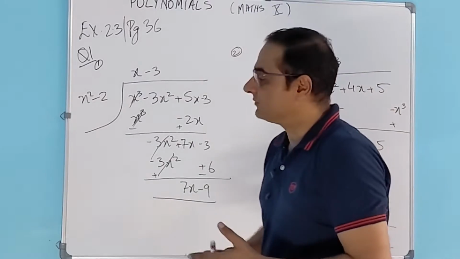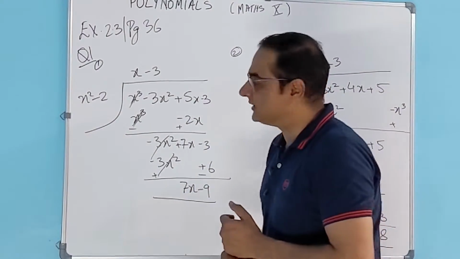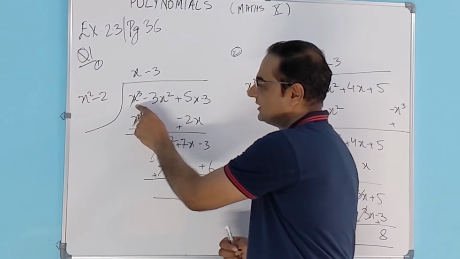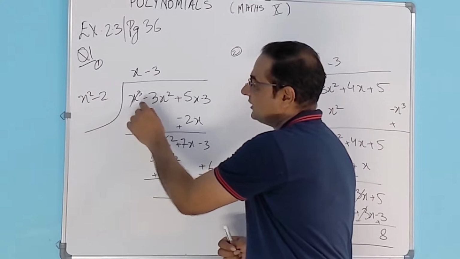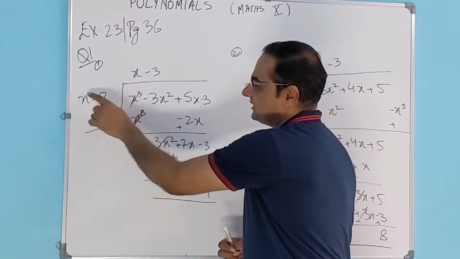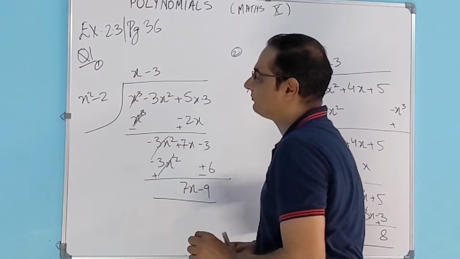So we keep that. Now how do we go ahead with divide? We again recall what we have learned so far. We look at the first term of the divisor and the first term of the dividend, and then we need to eliminate this. So what do we need to multiply to this term in order to eliminate this? That's what we are going to write as the first term of the quotient.